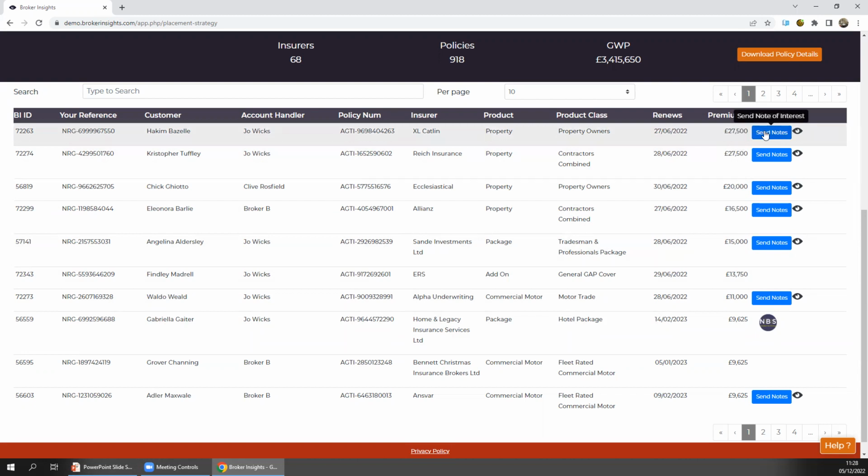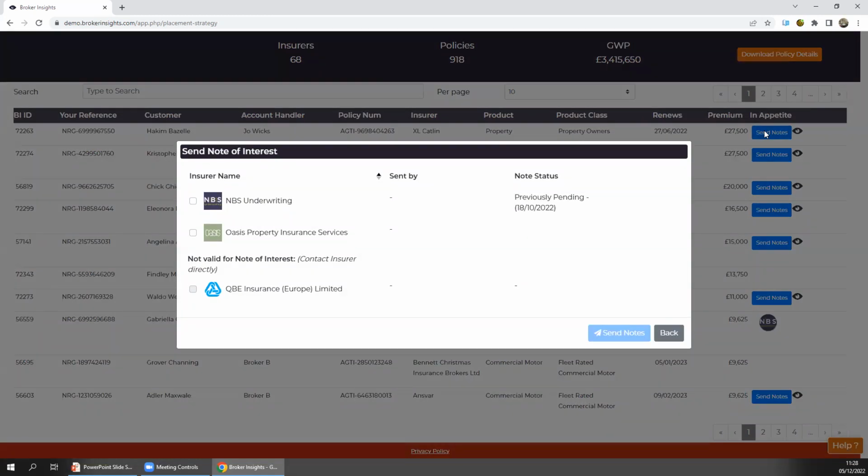So I said this a moment ago, it might be ahead of sending out any presentations. If you've got a big policy, a 100 grand policy or a 50 grand policy that you need to place, for example, by all means, put the presentation together before you send it out. Send on a note of interest to any of the insurers it sits in the appetite of and have a discussion with them first. It might save you some time and effort. It might also save you alienating any other insurers who you'd send it to who absolutely won't quote for that policy as well.